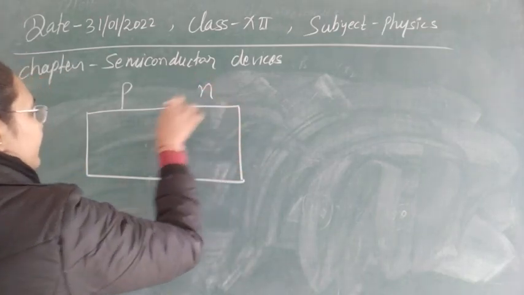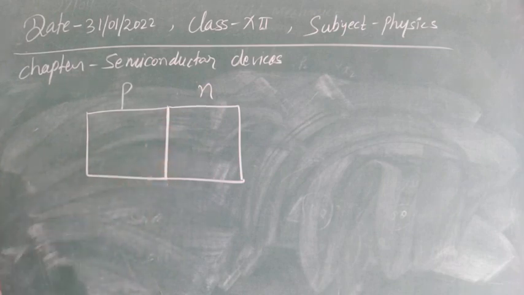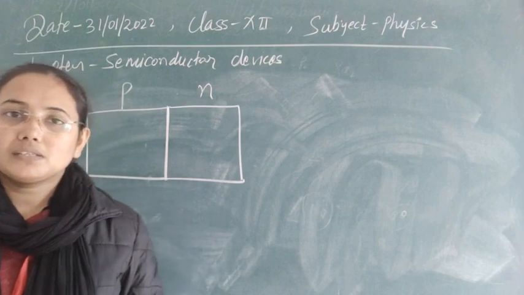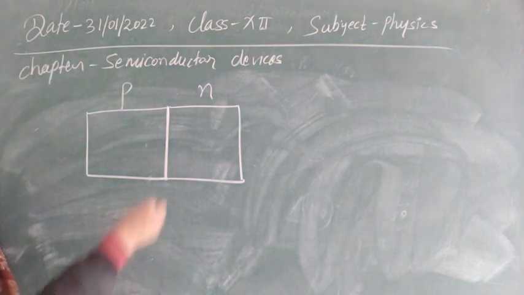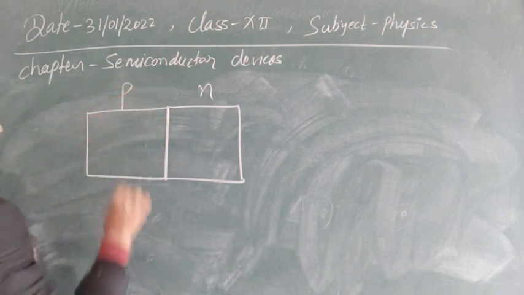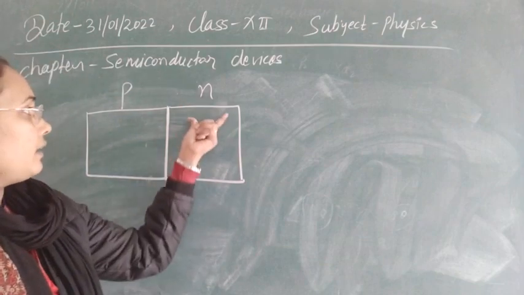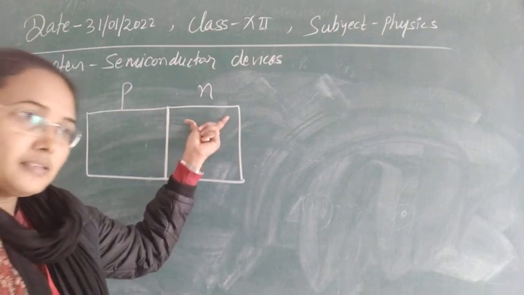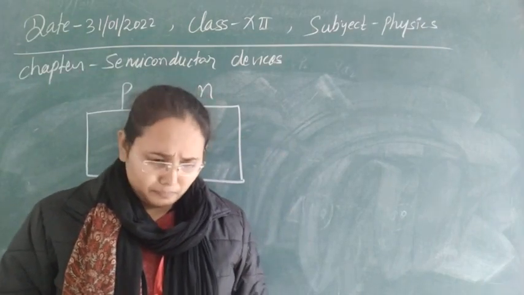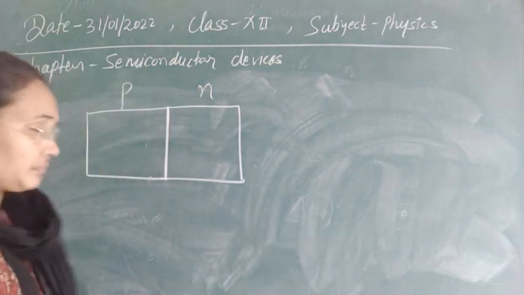When p and n type materials are joined this way, end to end, then this construction that we can see is known as a p-n junction diode. In p type materials we have holes as the majority carriers and electrons as the minority carriers. As we have discussed in classes already, what majority and minority carriers are, and what donor atoms and acceptor atoms are, so that is, I think, clear to you.